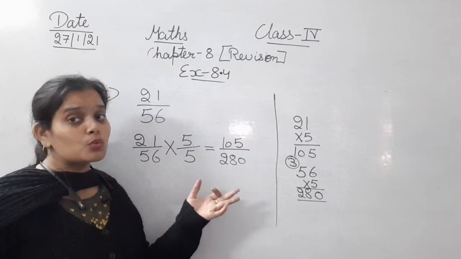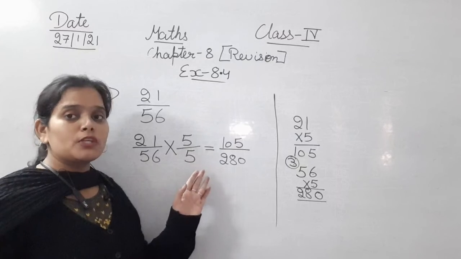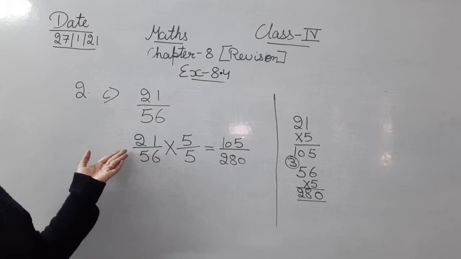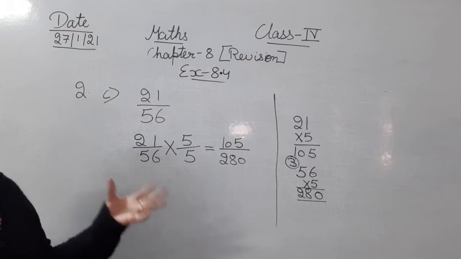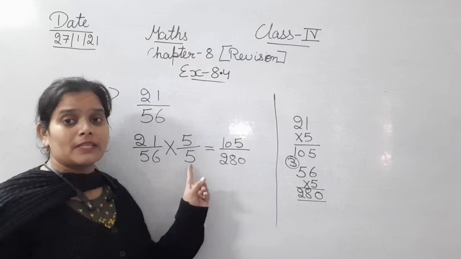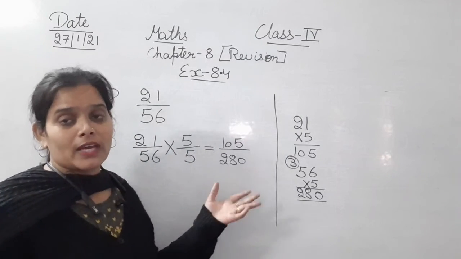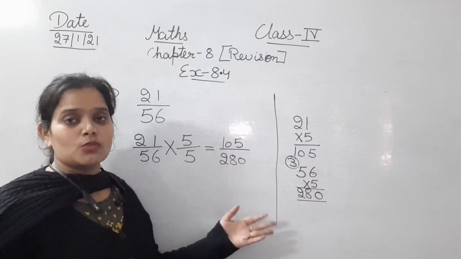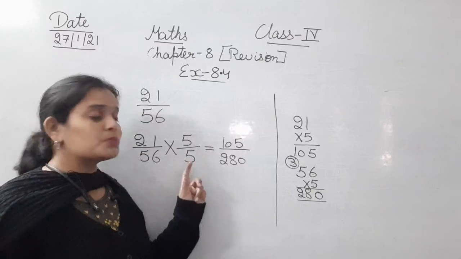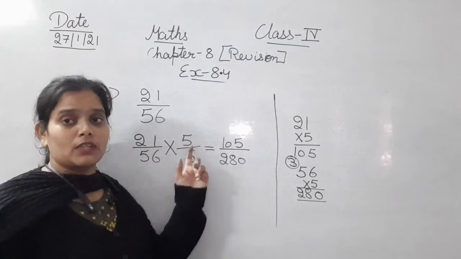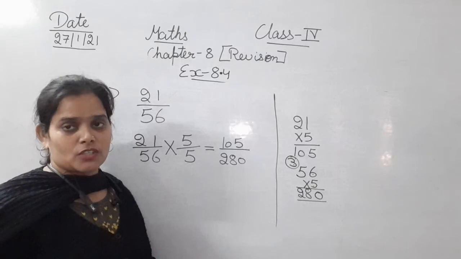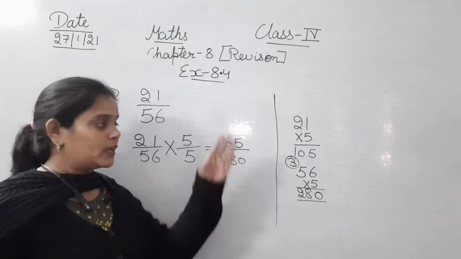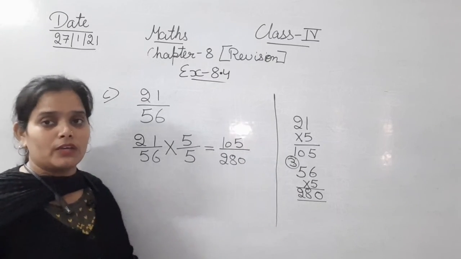अब देखिए, now I tell you the reason क्यों हम बार बार 2 से मल्टीप्लाई करें। देखिए, अगर आप इसको सिंपली 2 से मल्टीप्लाई कर दें तो आपको easily आंसर पता था, that is 112 denominator and the numerator is 42. तो आपके लिए सिंपल रहता, but when you have chosen the biggest number that is 5, तो आपको उसकी कैलकुलेशन रफ में करनी पड़ी, okay. It is time taking, so just try to save your time by taking small numbers for multiplying with the numerator and denominator for finding the equivalent fraction. So always multiply the fraction with the smallest number so that you can easily find the equivalent fraction without doing long calculation.